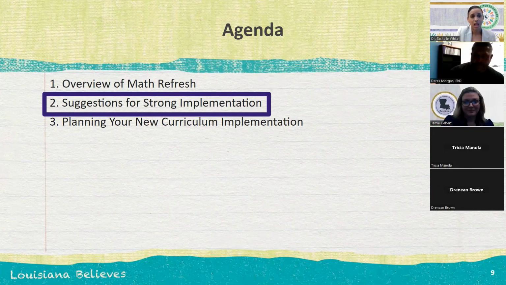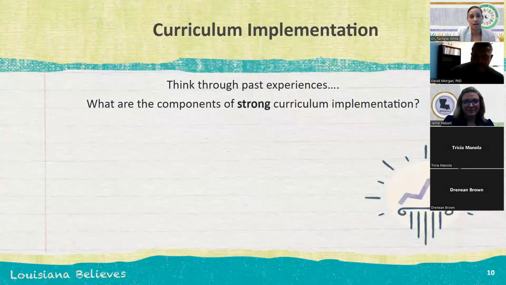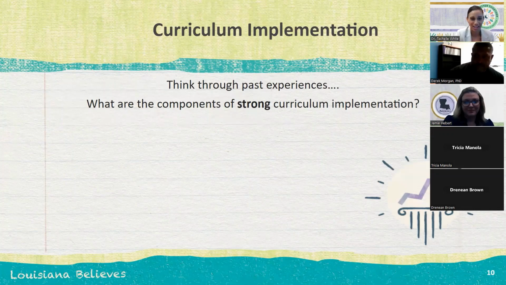And so I want you to first just think through your past experiences. If you are implementing a new math curriculum this year, it's probably not your first time that you've had a new curriculum. So think about your past experiences and what were some strong components of curriculum implementation. If you had to think about the last time you implemented new curriculum, what made it work? What were some things that need to happen or that did happen in order for teachers and students to both